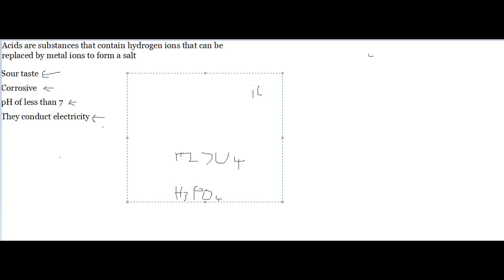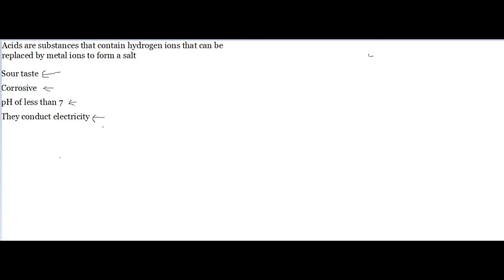Now the final method of classification of acids is mineral or organic. Now the organic acids are also called alkanoic acids, as you might remember from my video on organic chemistry. So you'll have the organic acids, and these are primarily carbon-based compounds, many of which contain one or more of the COOH group. And a prime example here is CH3COOH,